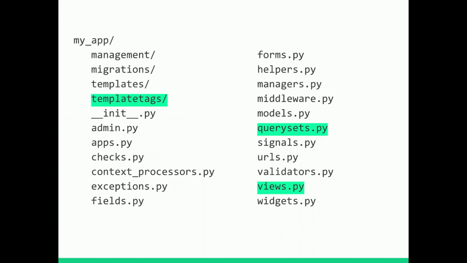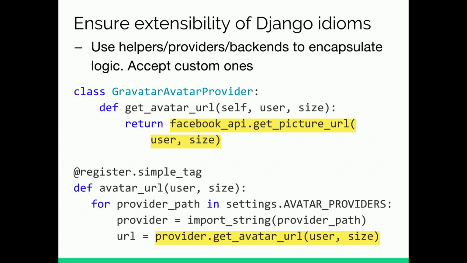Going back to the examples we saw before, if we are using template tags, like this avatar URL template tag, maybe we should separate the code that handles the tag, that puts something on the template, from the code that calculates this, that gets this logic. And Django Avatar does that. It supports custom backends. It comes built in with backends for Facebook, for, I don't know, GitHub or something. But you can write your own provider